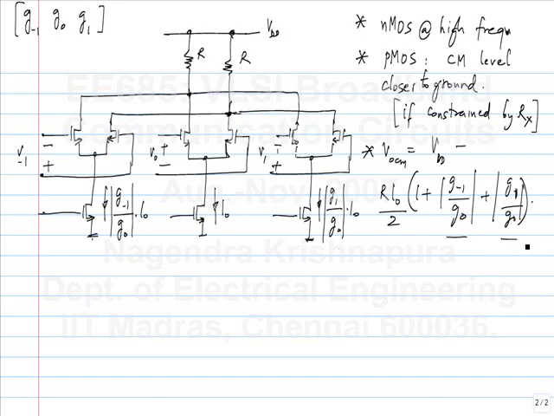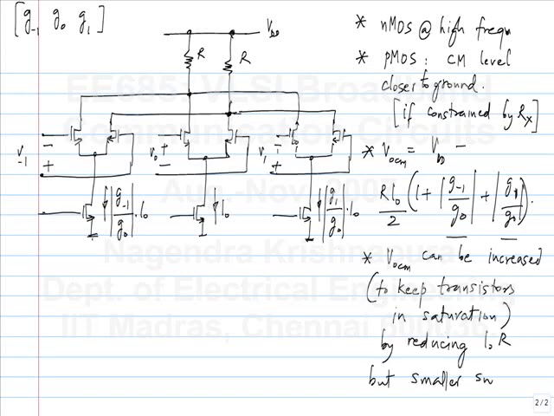It is also true that if you reduce the value of I naught, the charging rate can be less, but you can counter that by reducing the value of R. You don't have to reduce I naught, right? It's the product that you want to reduce if you want to raise the common mode voltage. But this gives you a smaller swing. So essentially the signal that you get out,